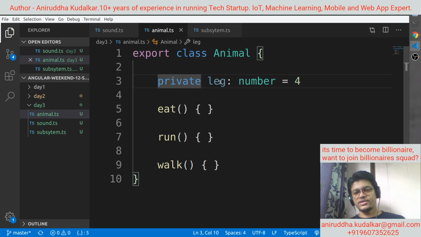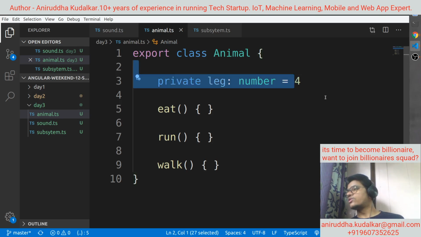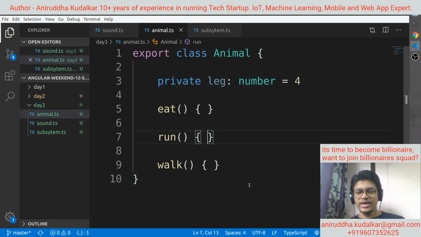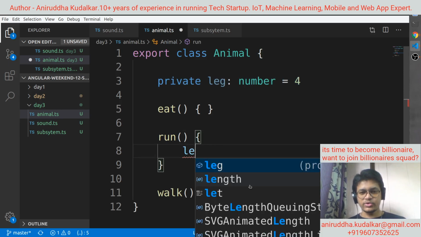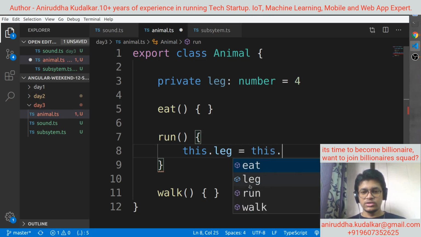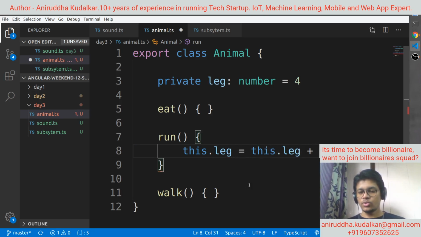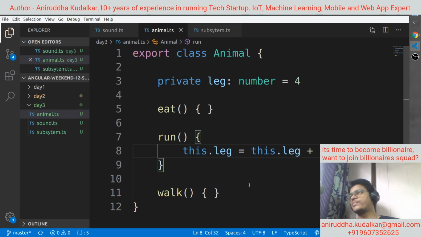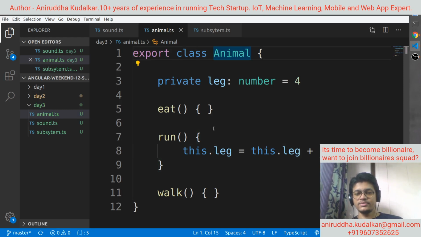So private leg number is equals to 4. Now while running, we are going to move the legs. This dot leg is equals to this dot leg plus 1, something like that. Arbitrary logic we are writing. Export class animal run this dot leg is equals to leg plus 1.